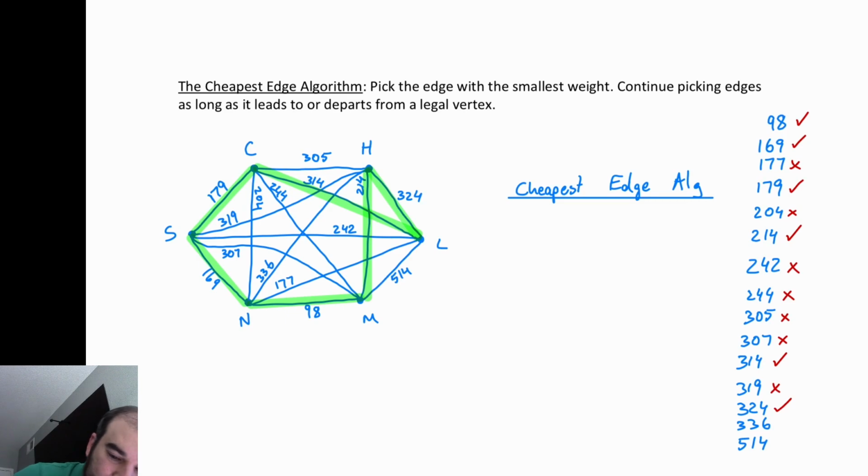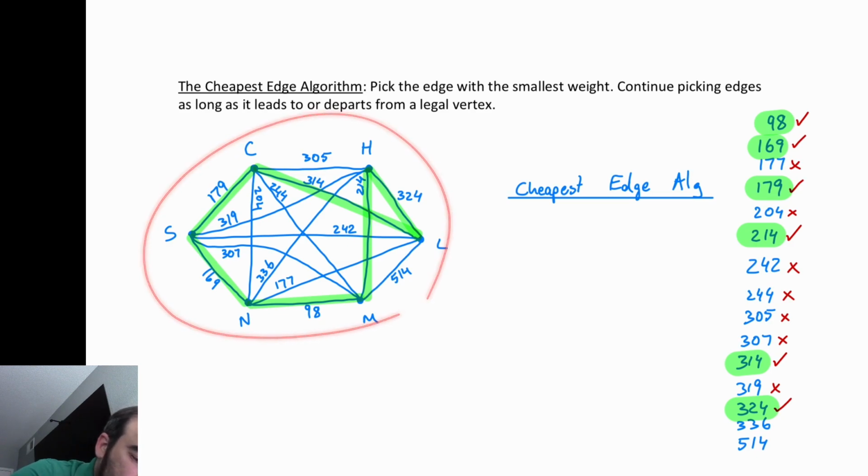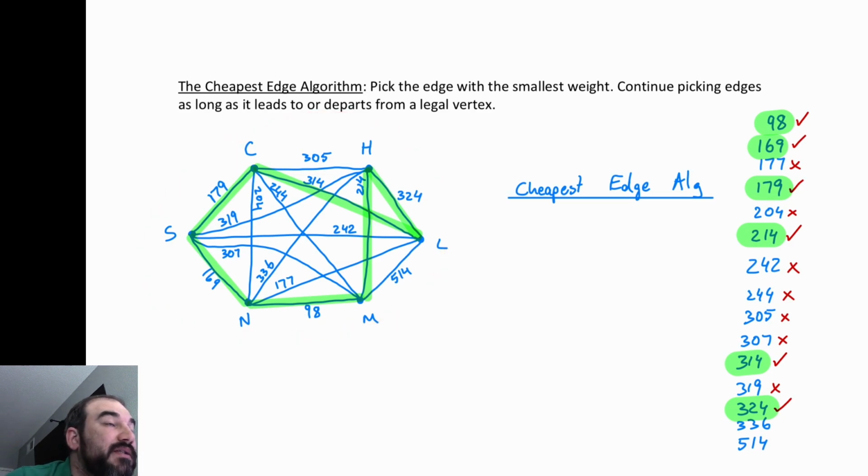And we can kind of just highlight these edges that we used so that we can add them together to get a total cost for our trip. And as far as writing the trip, you can start at any of these vertices and just travel along one way from there. So if I wanted to start at